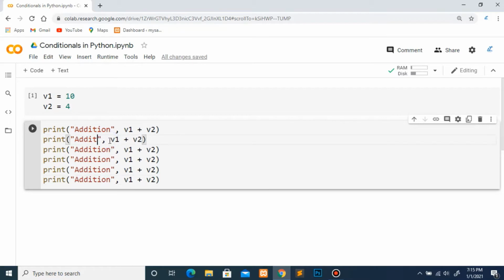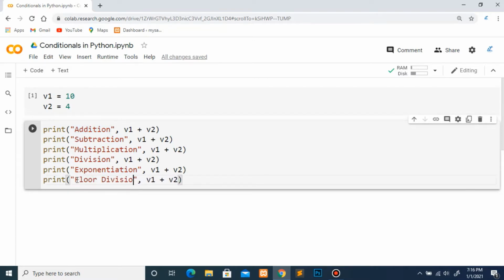Addition, then we have subtraction, then multiplication, division, exponentiation, and after exponentiation, the last operator was floor division.